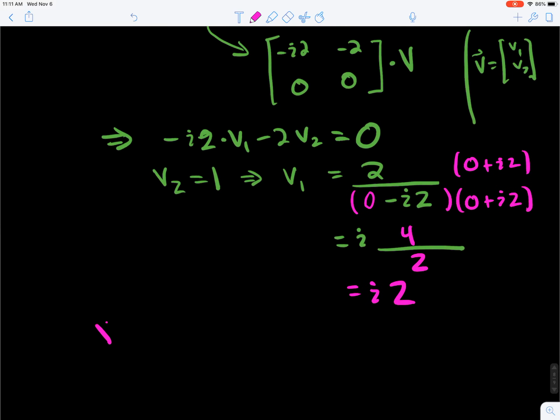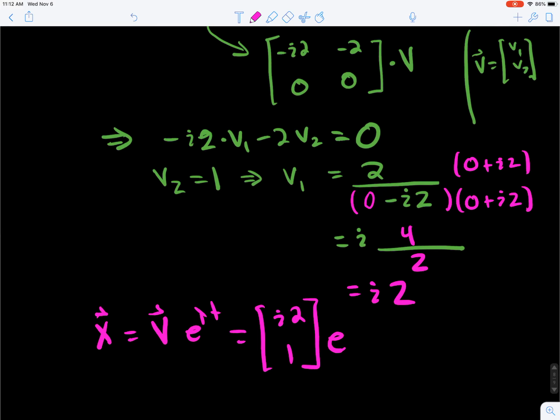So our solution that we tried was v times e to the lambda t. You go ahead and plug this in. At the top for v1, we have i times 2. At the bottom, you're going to have a 1. And then e to the